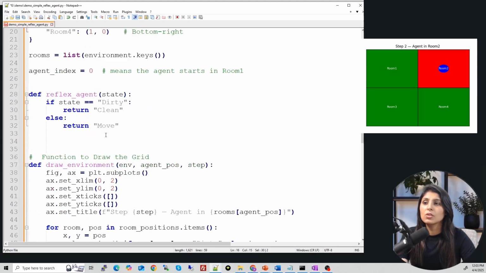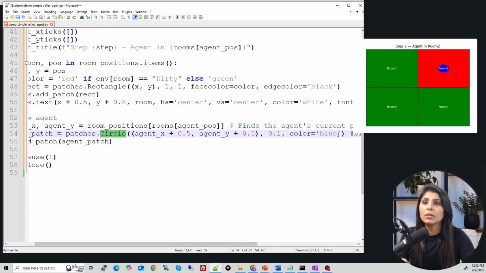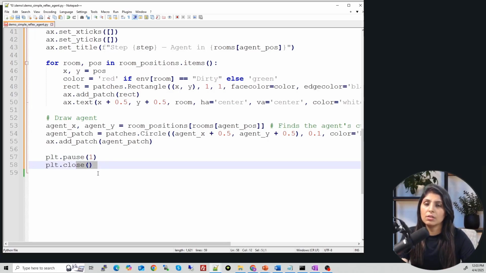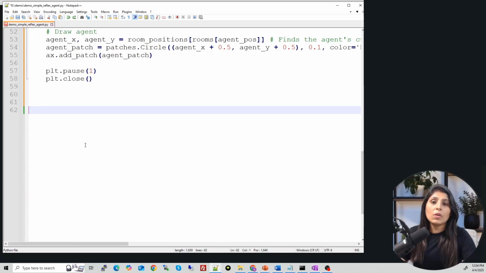Using that, we get the position of the agent in the rooms, and then we put a circle of blue color wherever our agent is. Then this line means wait for 1 second, and then close it, which means move to the next step. So this is the code for drawing the grid. Now let's run the code.